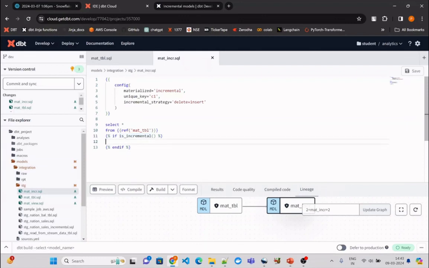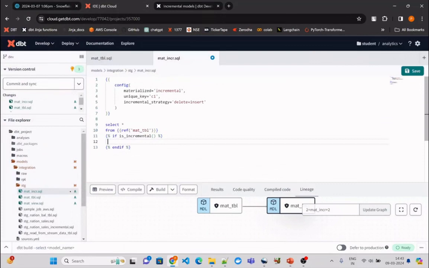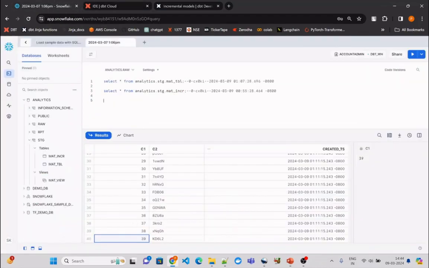So let us add one condition here. We want to use a condition on created timestamp, where created timestamp is greater than select max created timestamp from this. This is a helper in this case, which will refer to the same model, the target model. So if I save it and if I run it, let's say